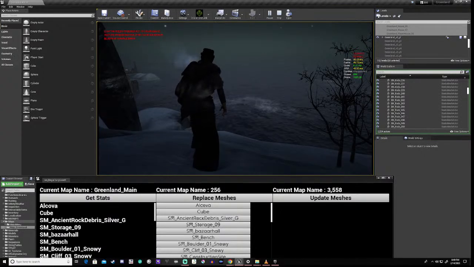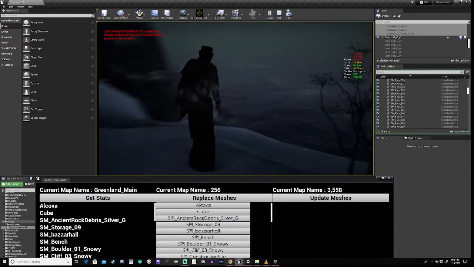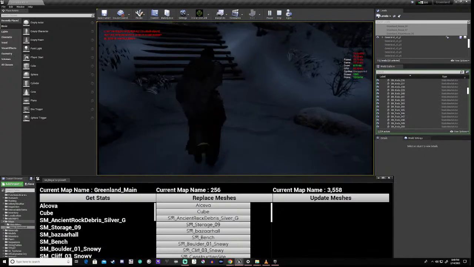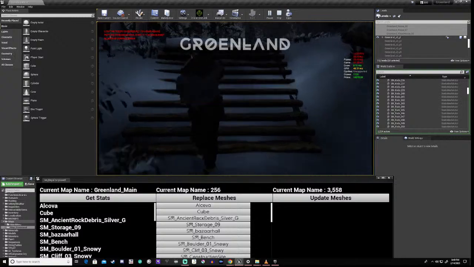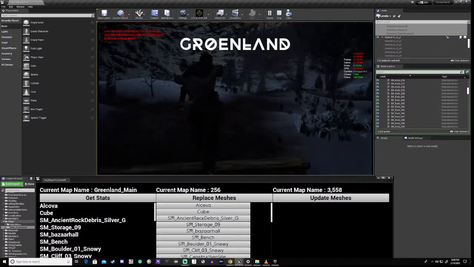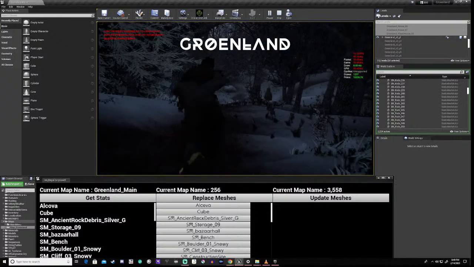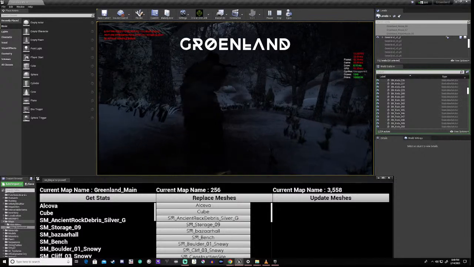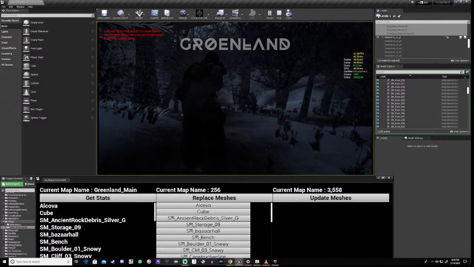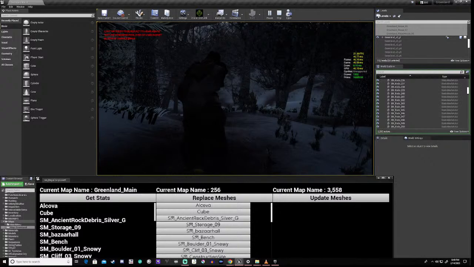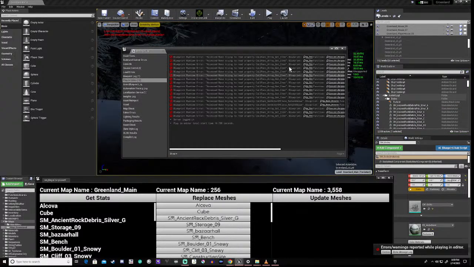But that's the whole point here. What we're trying to do here is get this up to an acceptable level, right? Now you'll notice straight away that we're up to 1300 draw calls. Our actual draw isn't too bad, right? But we've still got issues. We're not worried about that for the moment.